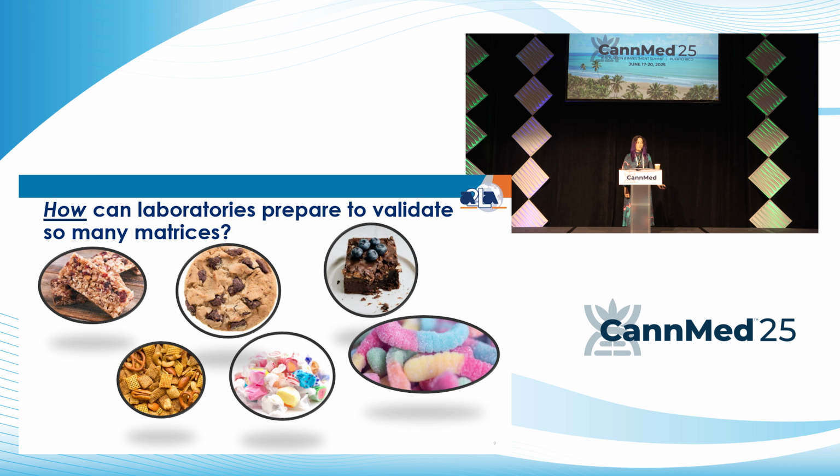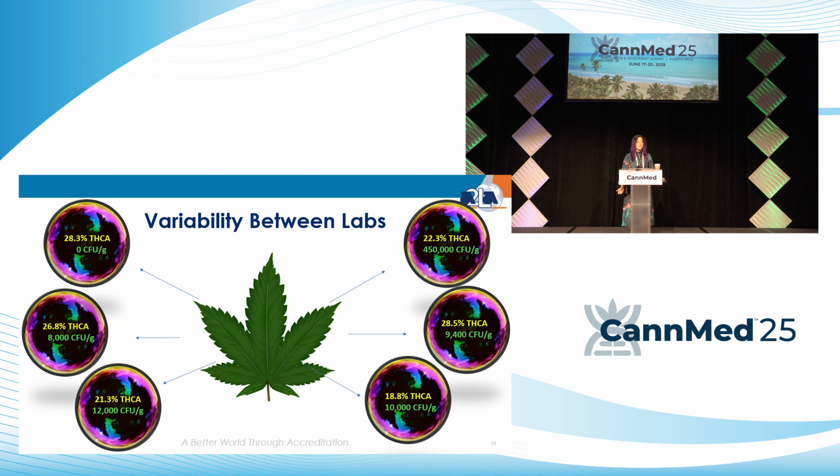Additionally, the laboratory has to approach the state regulator and their accreditation body to make sure that they're capable of performing these tests. That turnaround time is often a lot longer than what the client expectation is. So we end up seeing in the industry a lot of variability between laboratory results. So one sample could be sent to 6 different laboratories and you get 6 different results.